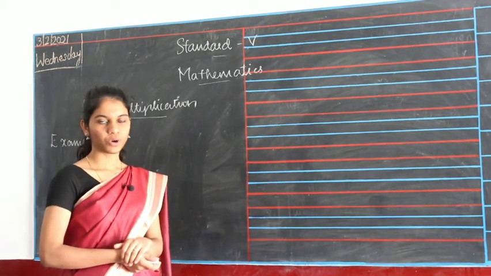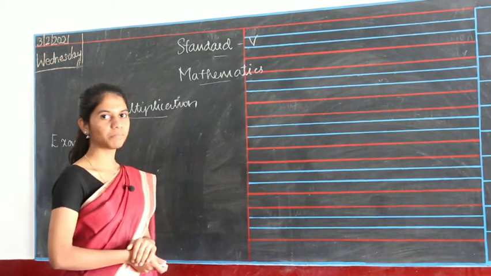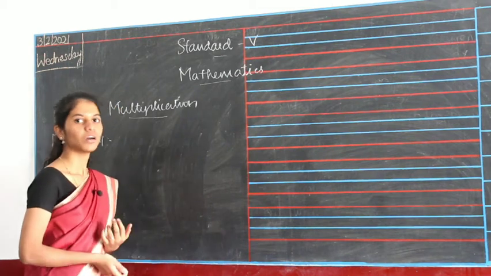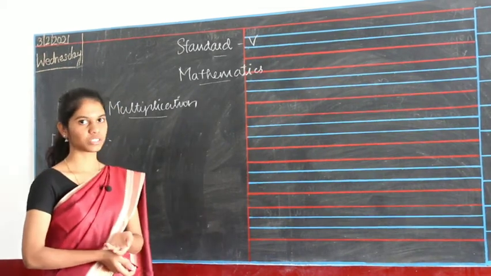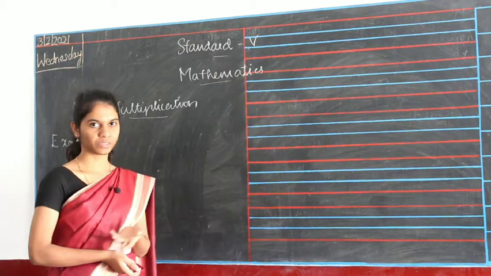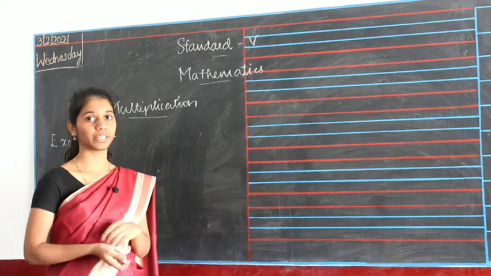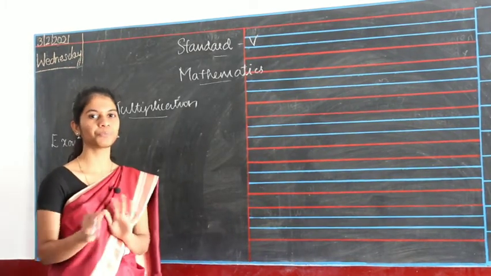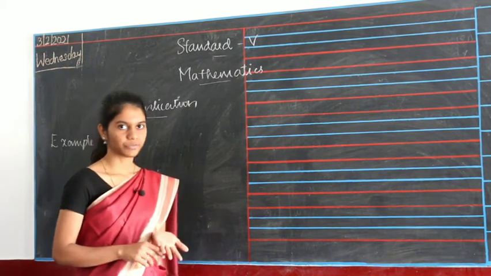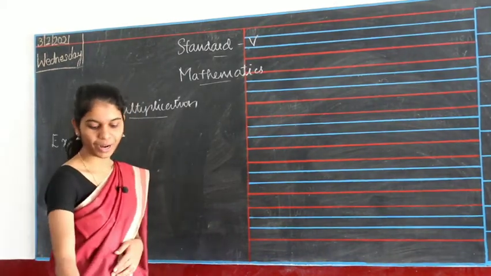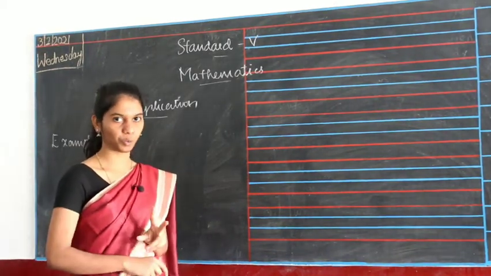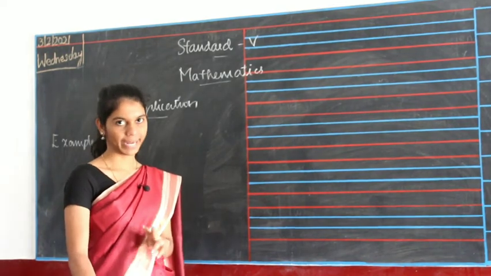Okay, good morning children. Today we are going to see multiplication. Multiplication of 3-digit numbers with 3-digit numbers, and 4-digit numbers with 2-digit numbers, which you have learned in your previous class. So we are going to give it a refreshing. First one we are going to see on page number 2, in your second term book.